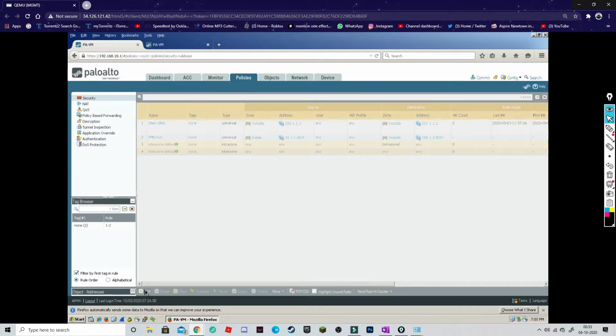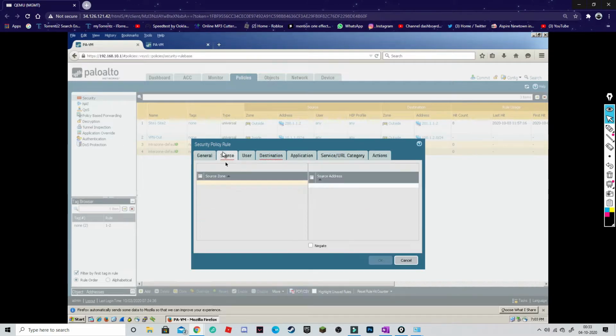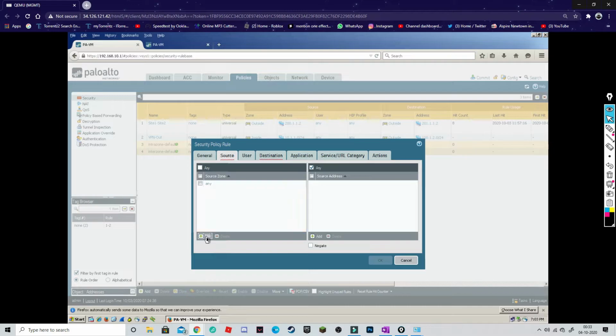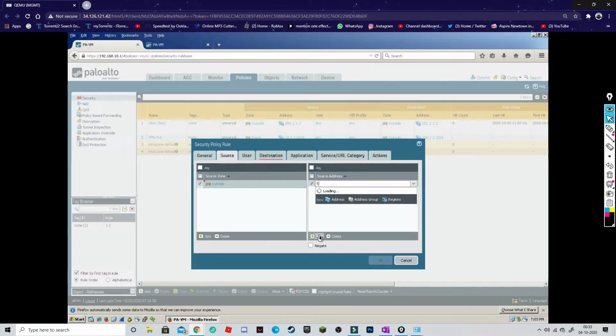now we'll create another policy to allow the outside connection. So it will be VPN in. Now the source zone will be outside. Now the source address will be the NAT-ed one, so 100.1.2.0/24. Okay,